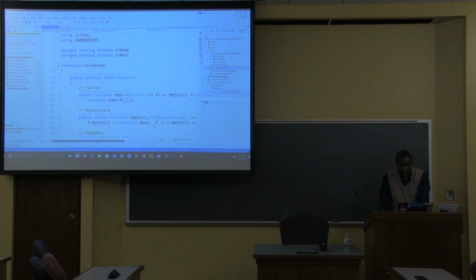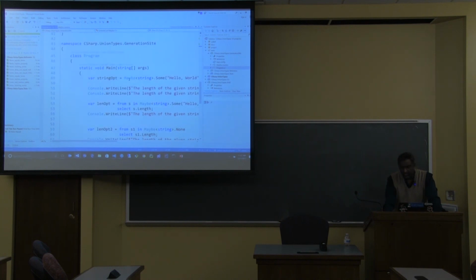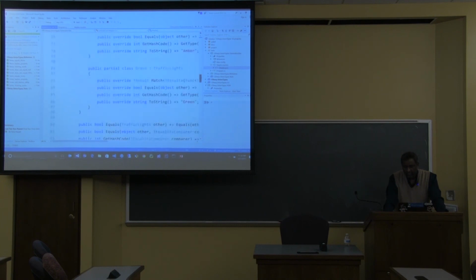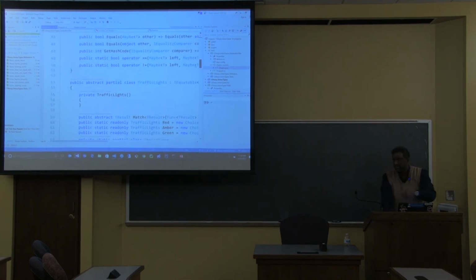And lo and behold, I'm actually able to use the maybe type inside my code. So I can say things like maybe of string, and it's type checking. It's found the class. I didn't have to write the boilerplate. The boilerplate's actually hidden inside this code, and everything that you saw that I said you needed to do is actually being done.